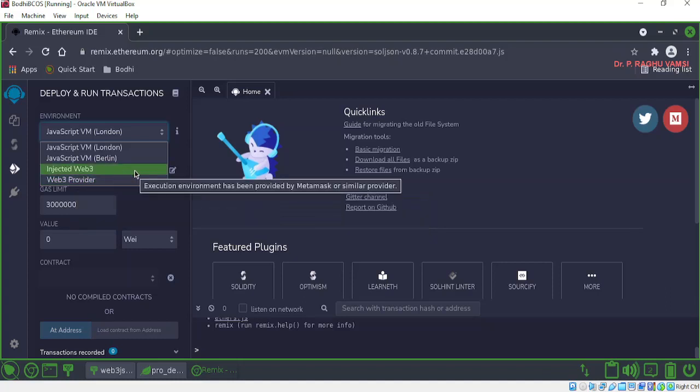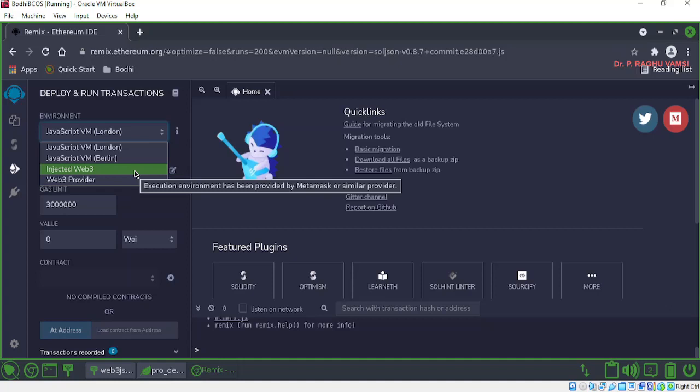There are three ways of connection: one is using the providers, another is WebSockets, and another is inter-process communication. Usually inter-process communication is the best one whenever we use the server on the localhost. It is a very secure one because it is on the localhost.